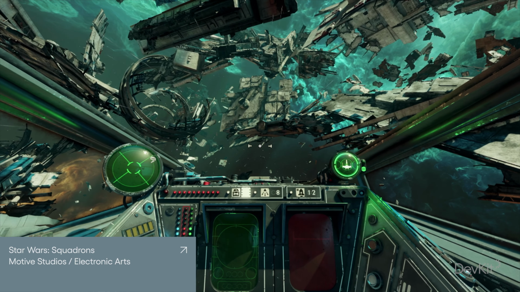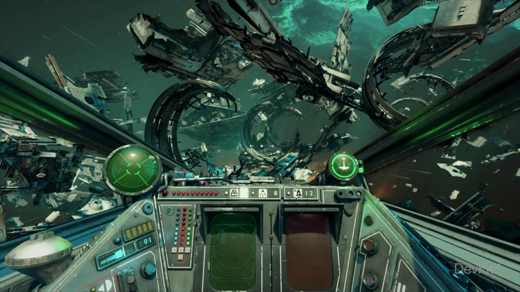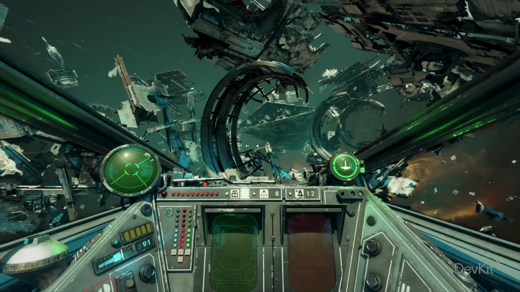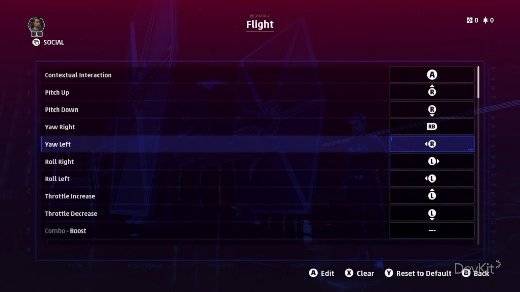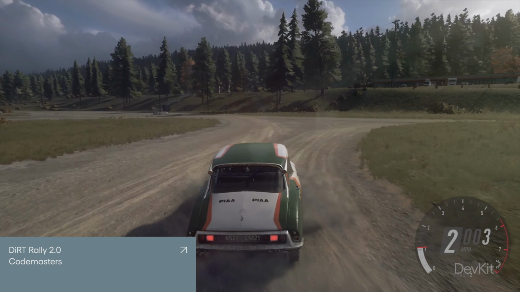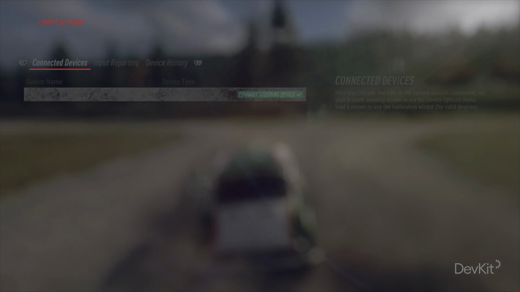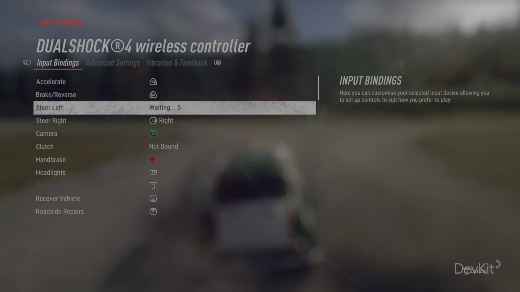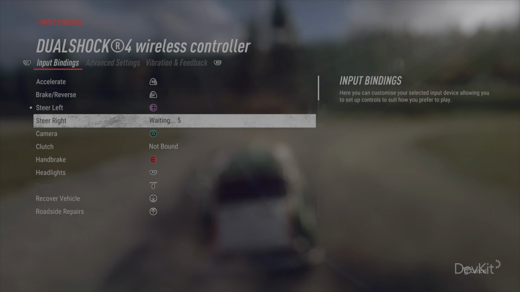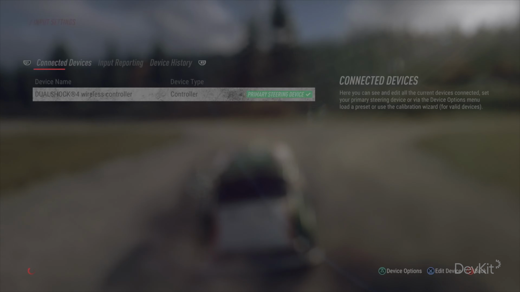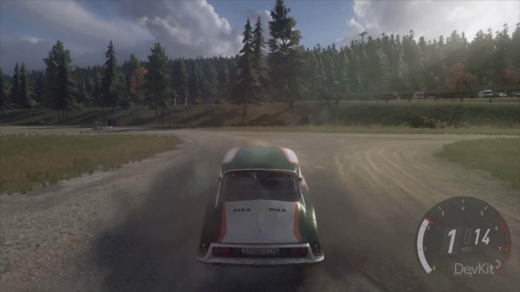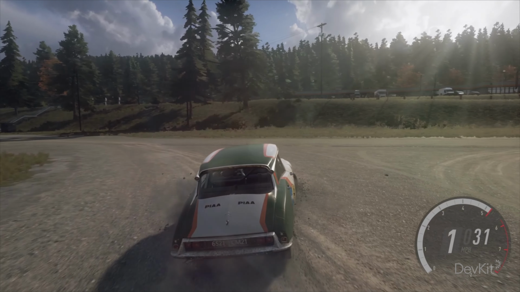Often it's best to include interchangeability between analog and digital inputs where appropriate. This might be useful for players who prefer pressing a button to moving a stick in certain directions, or vice versa. A button might act as a direction on an analog stick, for example, as is the case in Dirt Rally 2, which lets you remap steering left and right from the horizontal axis of the left stick to two different digital inputs. Here square will now steer the car left, and cross is steering right.